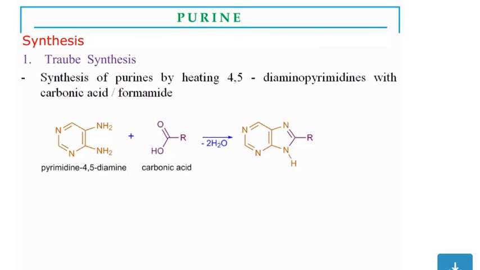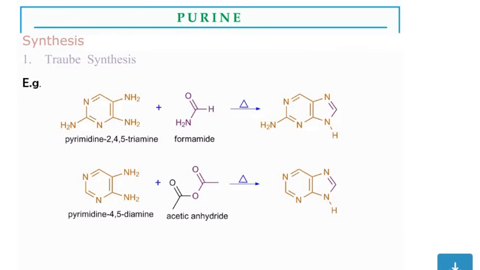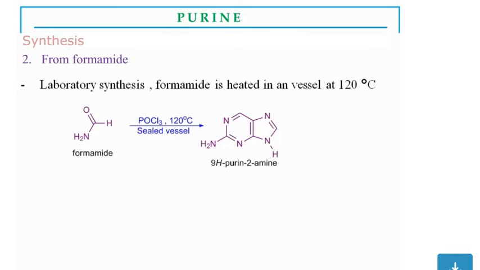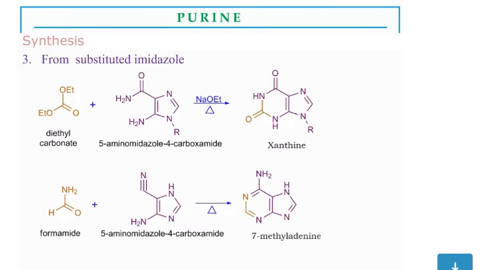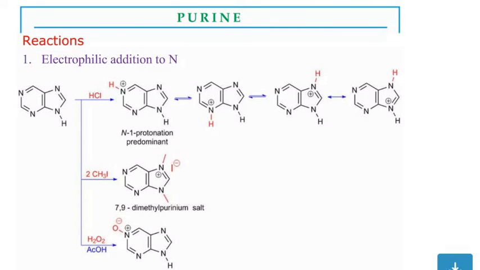Now, Traube synthesis: you can see pyrimidine-4,5-diamine reacts with carboxylic acid and gives the purine ring. So, this is the product. Now, from formamide, you will get 9H-purin-2-amine. From substituted imidazoles, you will get 4-methyladenine. And electrophilic substitution to nitrogen: protonation occurs at nitrogens, with the 1-protonated form predominant, and then with butyl lithium, you will get